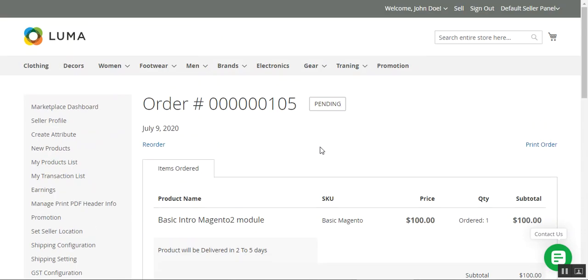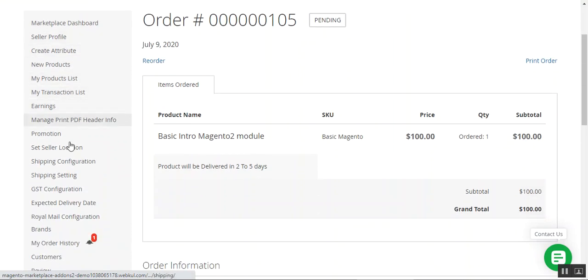And now let's get ahead and see how the marketplace sellers would be able to create the online courses for the customers. And for that, what the seller needs to do within his marketplace dashboard, as you can see on the left hand side, from here he can basically create the courses, and to do so he just needs to tap here on the new products,